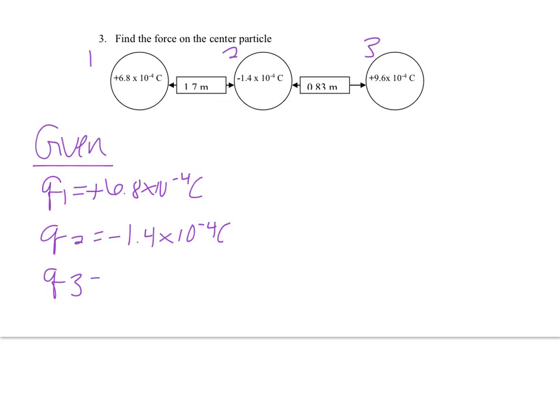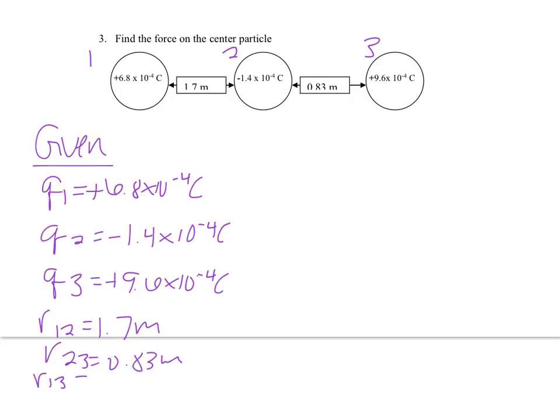And Q3 is a positive 9.6 times 10 to the negative 4th coulombs. The distance between 1 and 2 is 1.7 meters. The distance between 2 and 3 is 0.83 meters. And the distance between 1 and 3 is